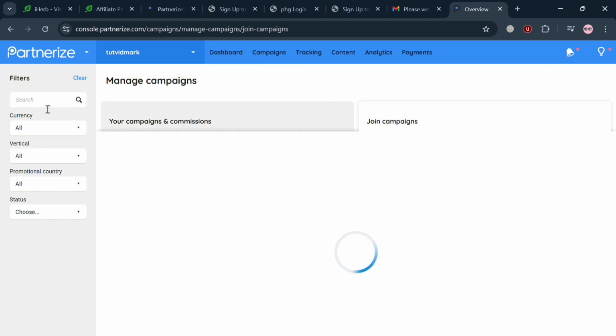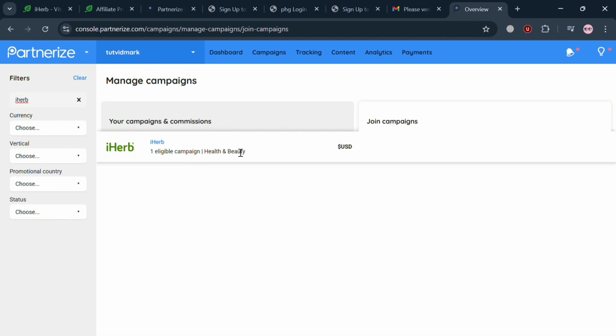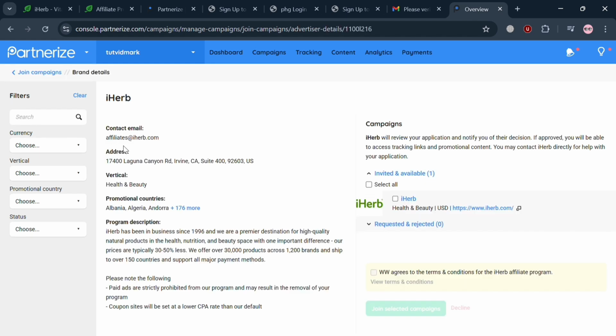and on the left side panel, search on this search bar for iHerb. And after entering iHerb, just click the enter button and it will show you the result in here. So you can simply click on it, in which by simply clicking on it, you'll be able to see here the overview of its affiliate program, including their contact email, their address, their vertical or their categories, promotional countries, program descriptions,